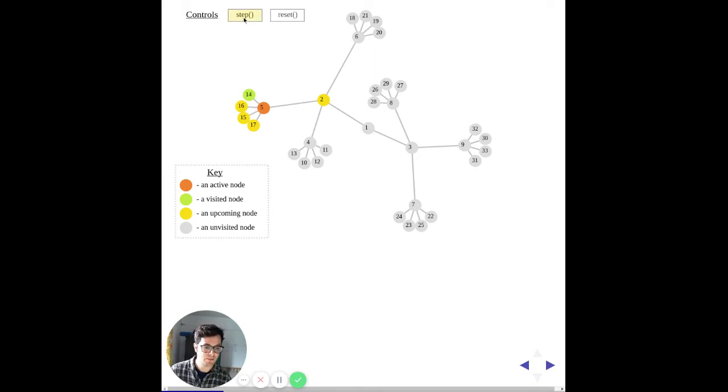So at the next step, 16, 15, 17, and 2 become the active nodes, and we queue up 6, 1, and 4, but we don't queue up 5. We've already visited it. So in BFS, we're going layer by layer, but we're only visiting each node once. So if I step through the rest of this,